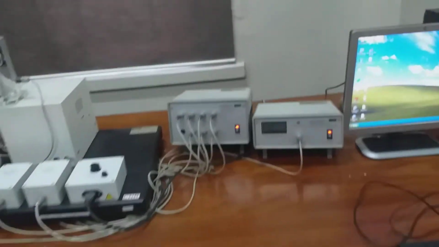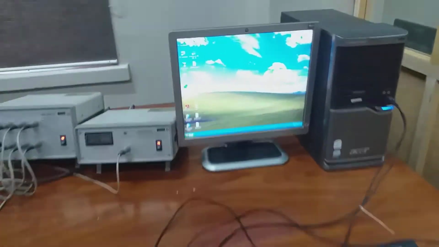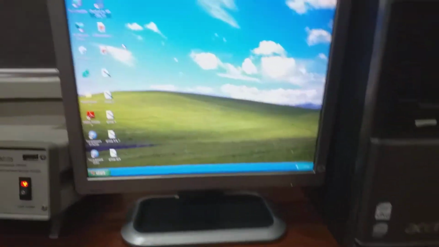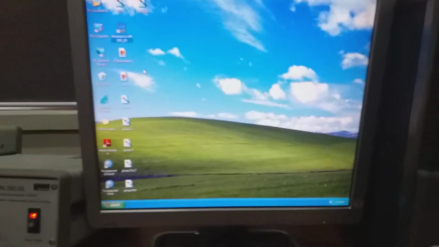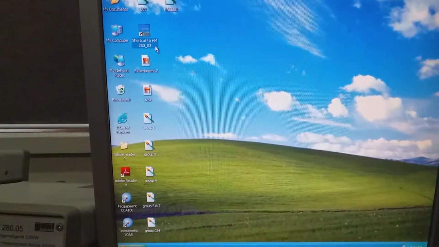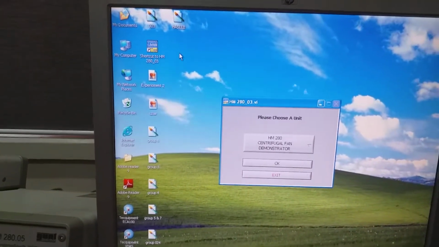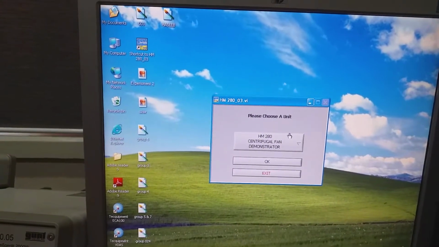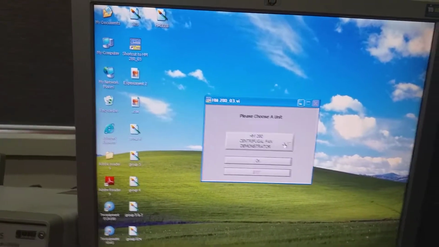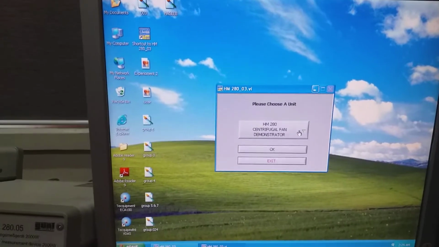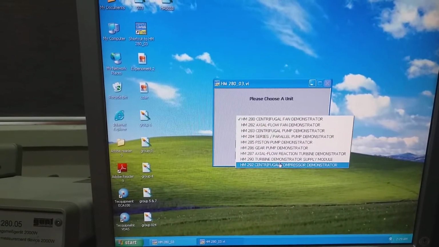Then call up the software. You can see from here in the computer screen, click on the software. The available model of centrifugal compressor in the thermodynamics lab is HM292 centrifugal compressor.